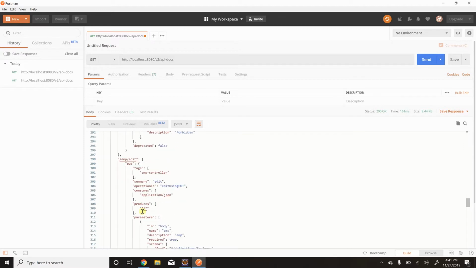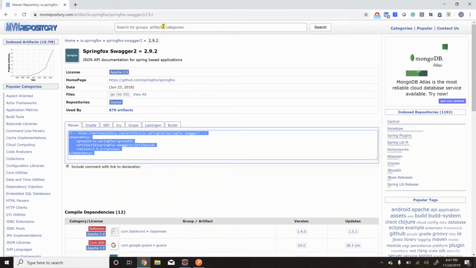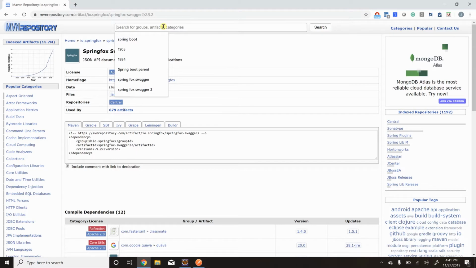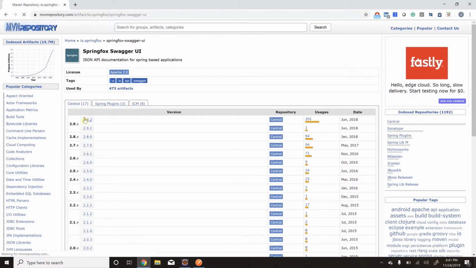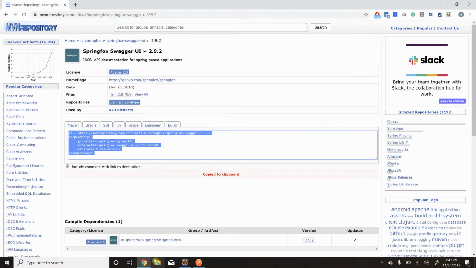But this format is not a human readable form. This is in JSON. So Spring Boot has another dependency, which has UI support. So you can create UI on your own on this JSON if you want, or you can use inbuilt UI. So let's go with inbuilt UI, and here I can go with that Swagger UI dependency, and let me search that, and this one is Spring Boot Swagger UI, and I'm copying this dependency,